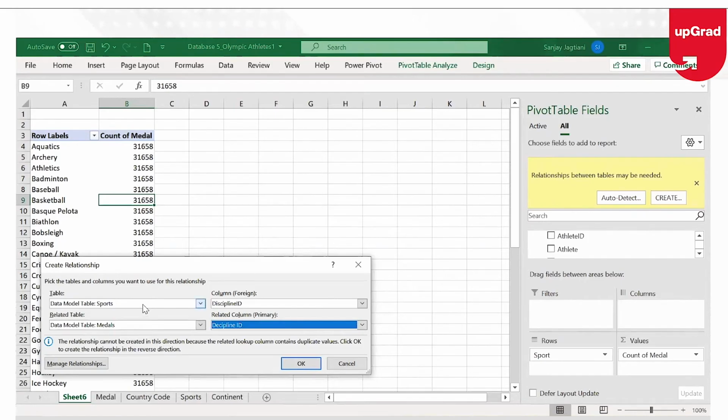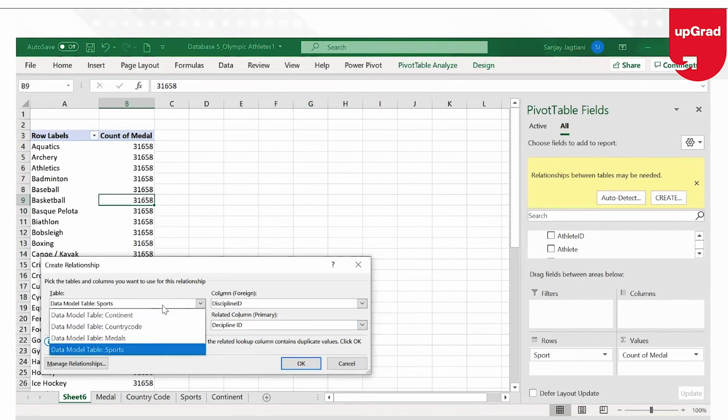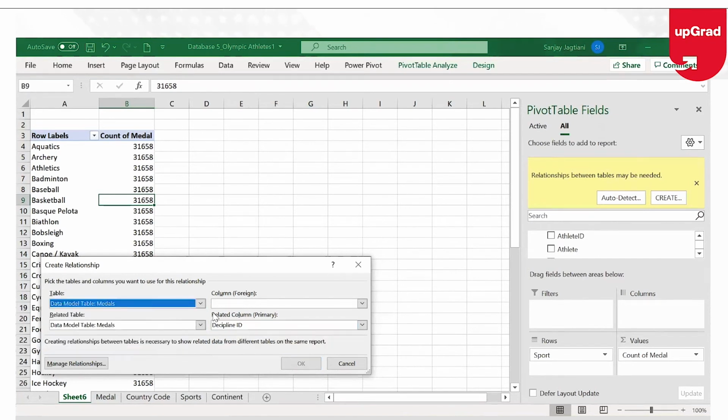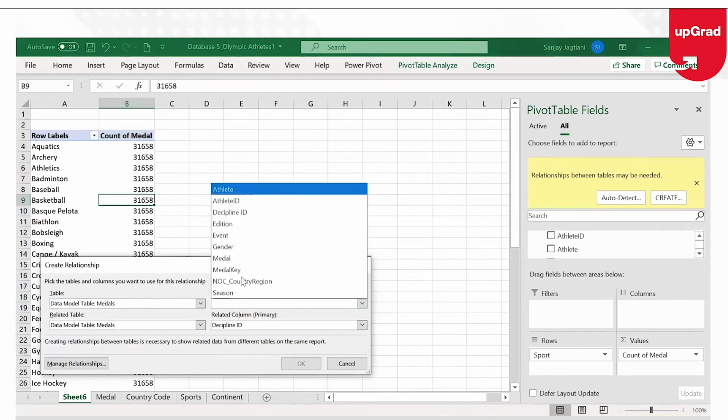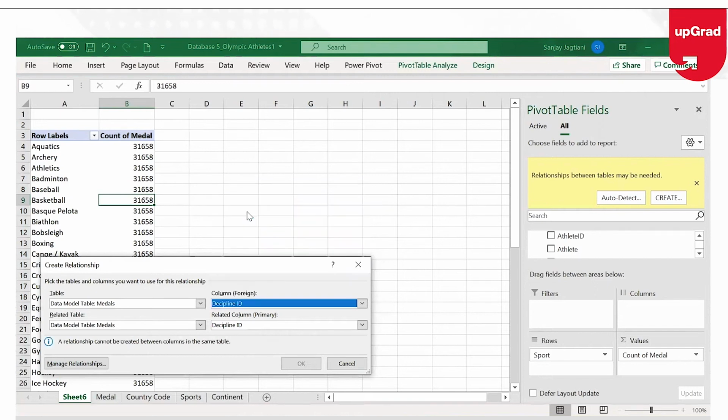Same thing has to go in our relationship table, but we are doing the vice versa. So we need to first take the table where we need the answer. In our case, it is the medals, and then I'll say discipline ID. Now you will say that I don't need an answer here, but you do need an answer in the form of pivot table. Your medals sheet contains the data, which is the transaction file, which contains all the data, and that is from where you're creating your pivot table.